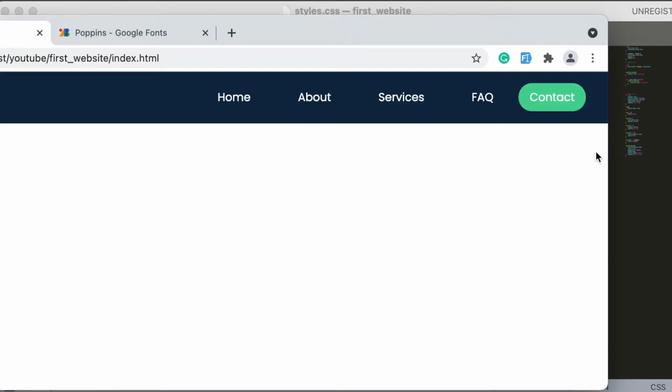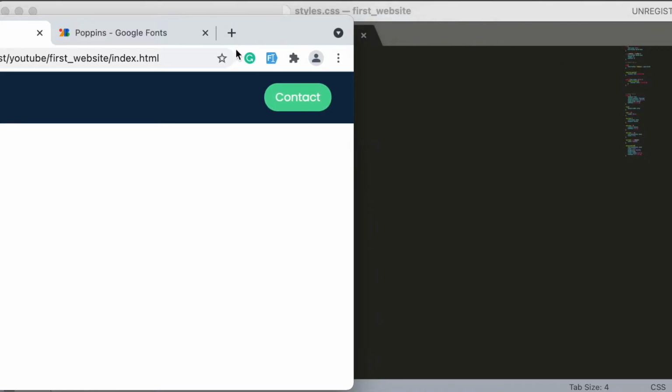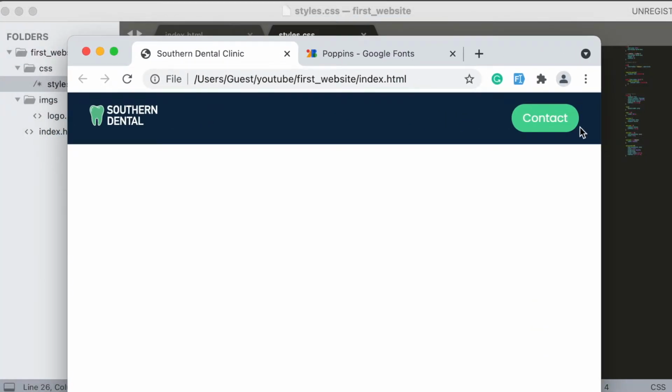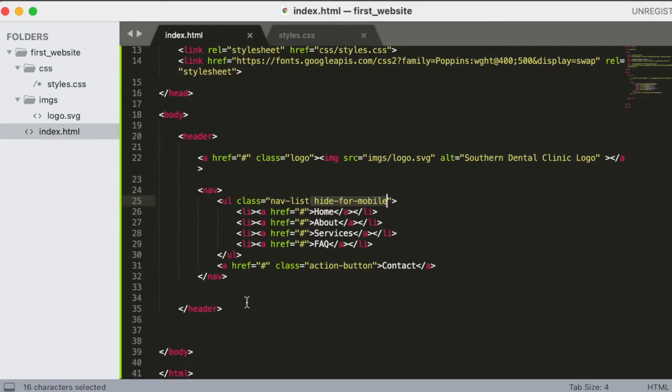So the next thing I want is that when it comes to a smaller screen, beside this, I want it to show a hamburger menu, a little icon, so we can make it mobile responsive. So I'm going to go to my HTML and then create that menu. So let's first create it by this one,